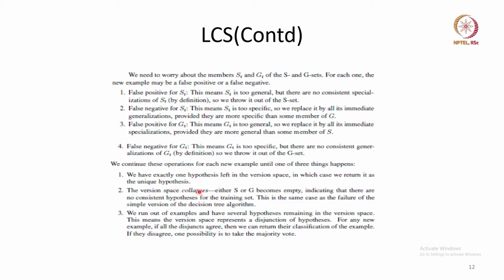Otherwise, the version space will collapse, which means either S or G becomes empty, which means there are no consistent hypotheses for the training set that you have. So it has failed in finding a consistent hypothesis, or you may run out of examples and you may have several hypotheses remaining. So, the version space represents a disjunction of hypotheses, and for any new example, if all the disjuncts agree, then we can return that as your